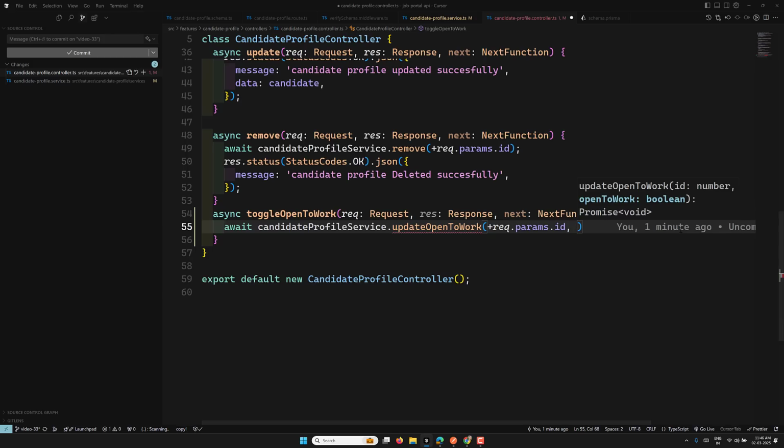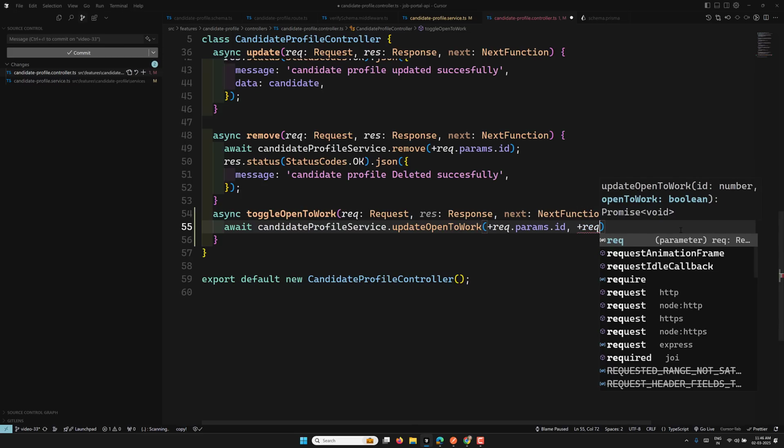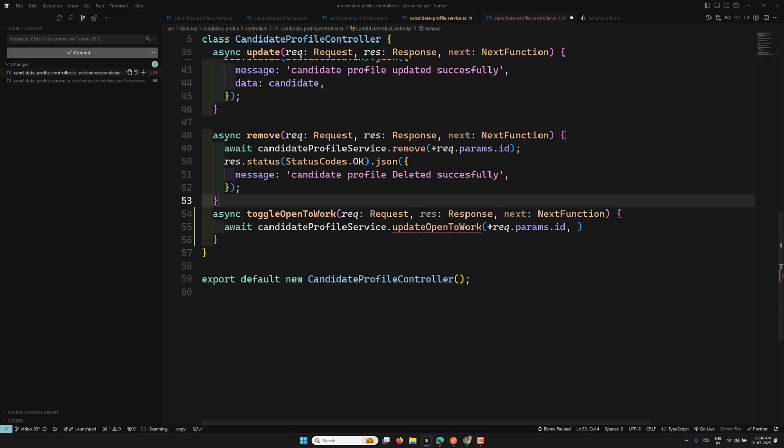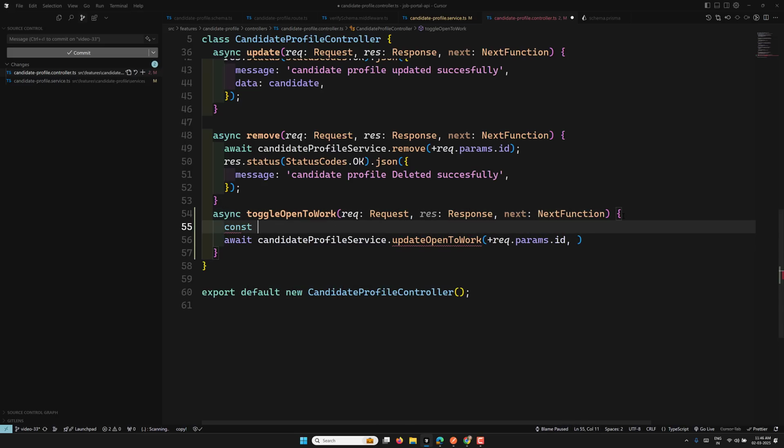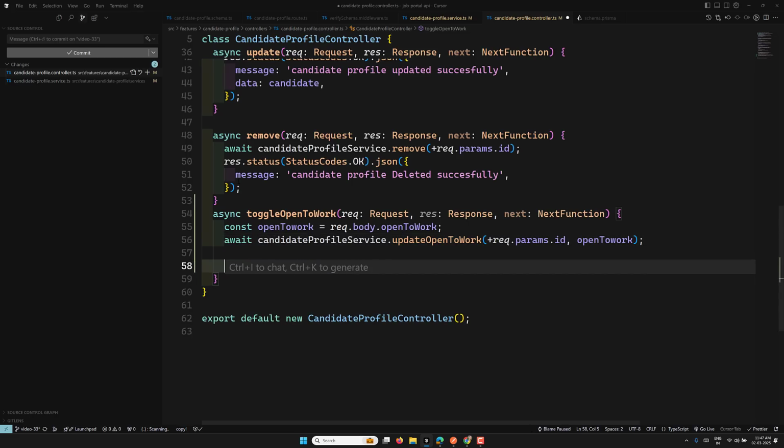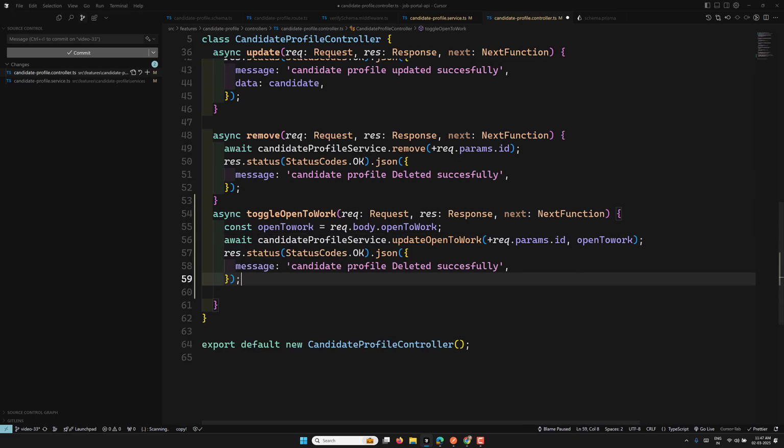What I could do is take const openToWork equal to request.body.openToWork, let's say. So I'll pass this one. Now we are passing this, and I will pass the message candidate open to work updated